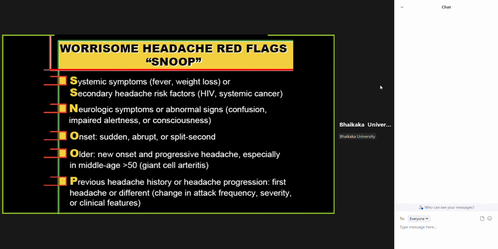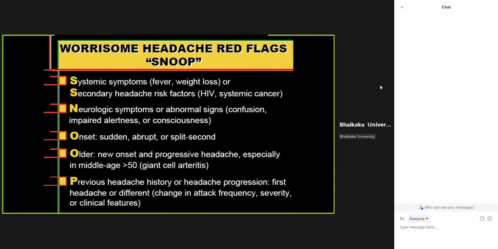What are those red flags? Red flags are known as worrisome headaches. We have formed a mnemonic for that to remember it easily: SNOOP. In that, S: when headache occurs with systemic symptoms like fever or weight loss,